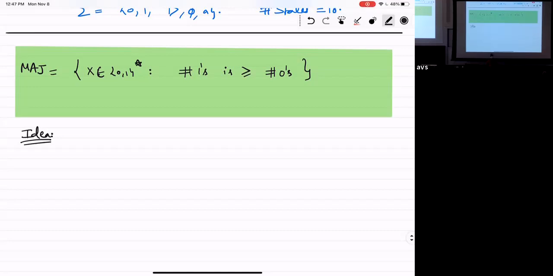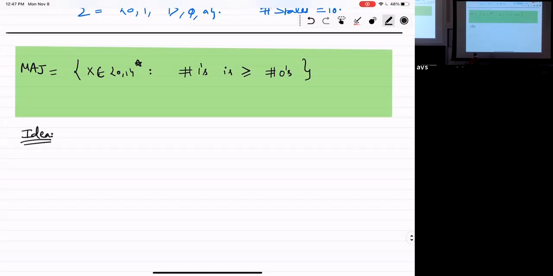Exactly. So the idea is somehow the fact that you're looking for more ones than zeros, that means you can try and match zeros and ones, right? For every one, I try to find a zero. If I find a zero, I kind of mark them both, right? And if they're not the same, then the answer is kind of known at that point.